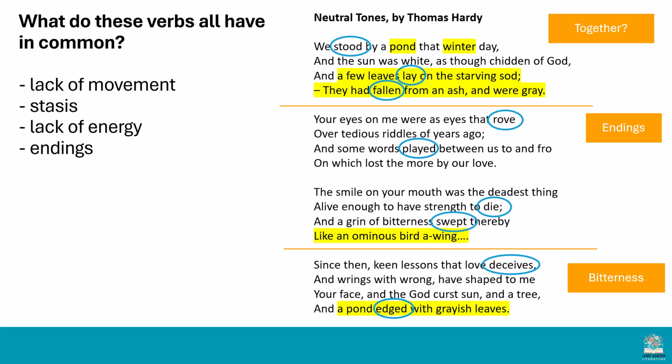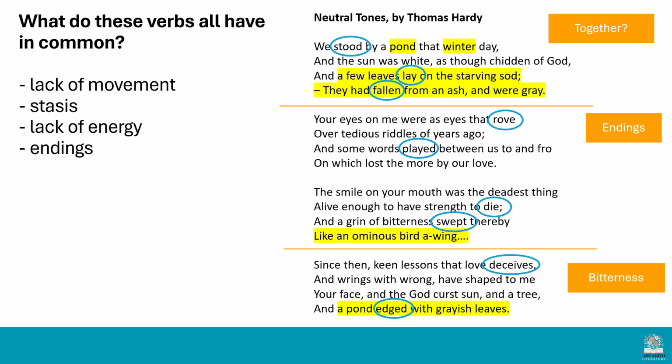If we just pick out a couple of them, think about that first one in that first line. We stood by a pond that winter day. Well, there's another poem in the anthology called Winter Swans where they're walking around the pond. So there's kind of a sense of movement, of energy there. In Climbing My Grandfather, it's all about the child strenuously climbing up his grandfather as if he's climbing up a mountain. Again, there's movement and there's energy there. In Follower, the father is ploughing the field. Again, there's a sense of strength and energy and movement and dynamism. Whereas here, the couple are just standing by the pond. There's a real lack of energy at that point.